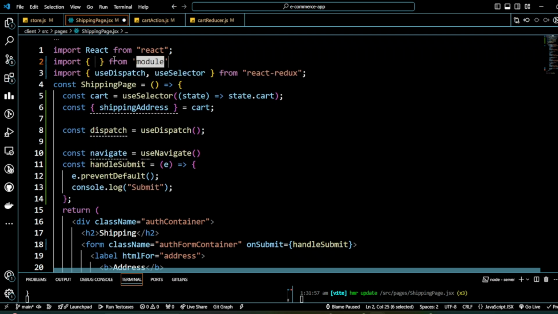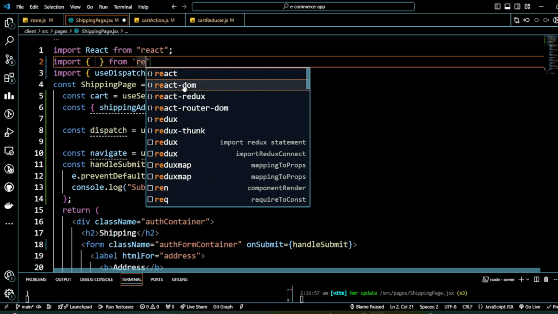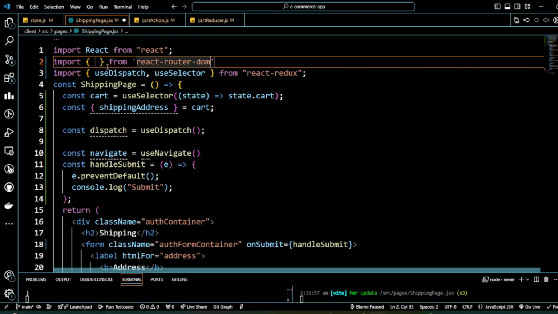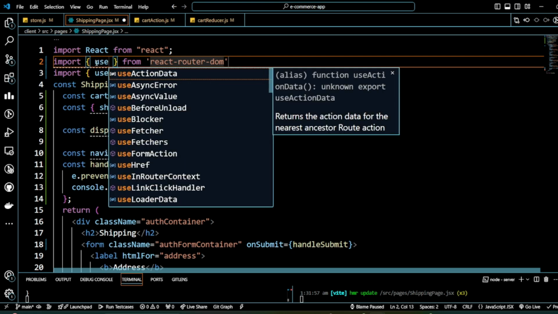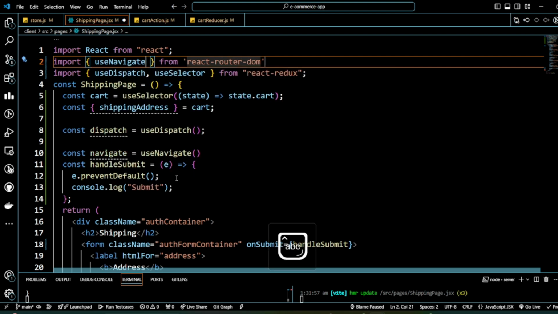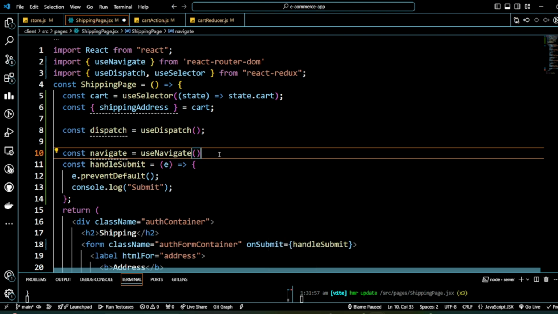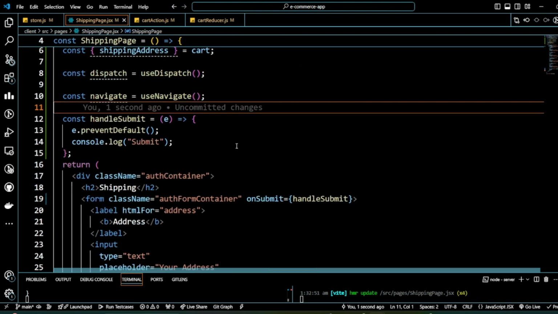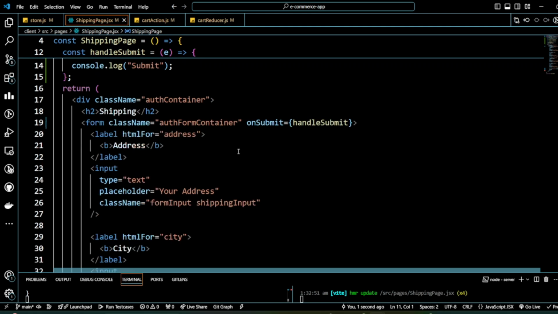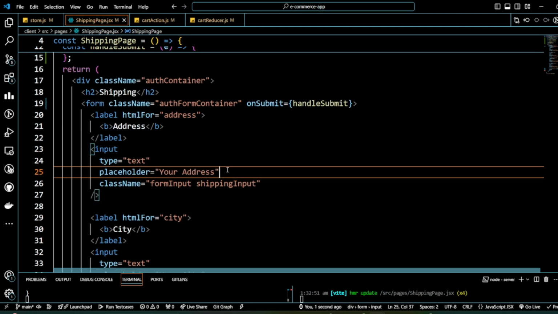So we will do React Router DOM, use navigate. I don't know why it's not rendering today. So we have it done. Let's now design the form to get those values. So your values will be,